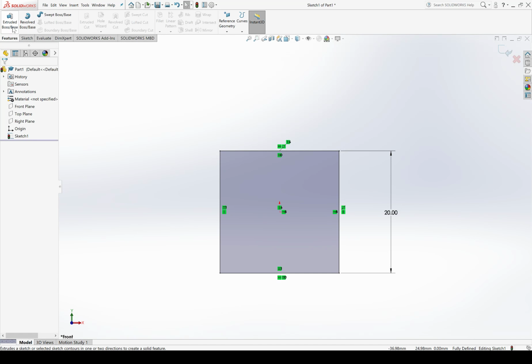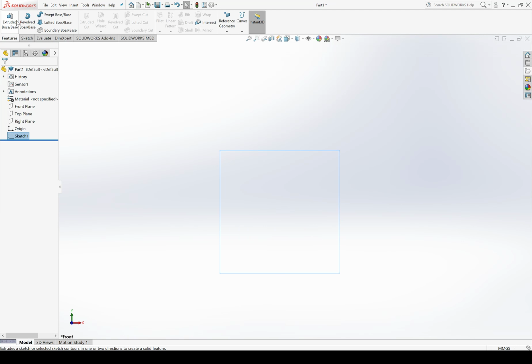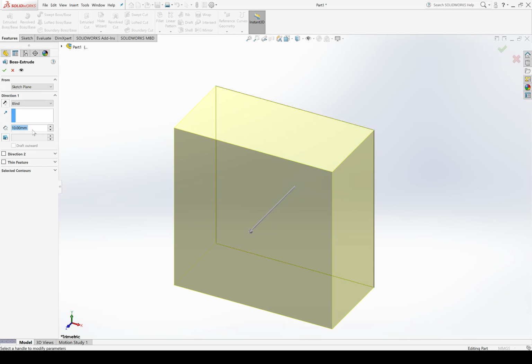So I could click extruded base while I'm in the sketch. I could also exit the sketch and click on that feature. And then when it says, hey, what sketch do you want to use? Select sketch 1, the only sketch that exists. Solidworks is also pretty smart about those sorts of things. Because my part only has the one sketch and I tell it to create an extruded base, it says, I'm guessing you want to use that one sketch that exists. And I say, yeah, you're right. So it pops up with a little preview of what it's doing. It's sweeping that sketch that we defined through space and creating a three-dimensional entity from that resulting volume.